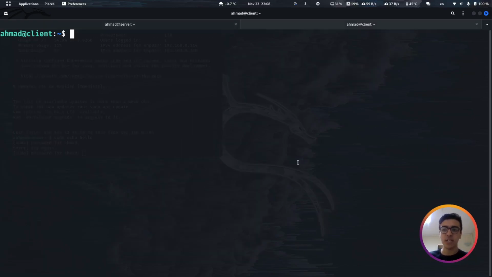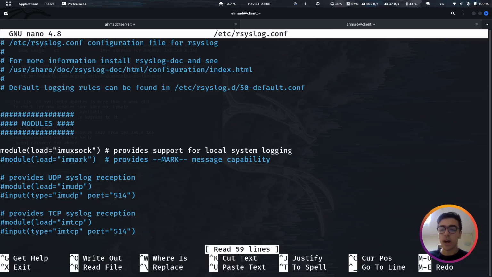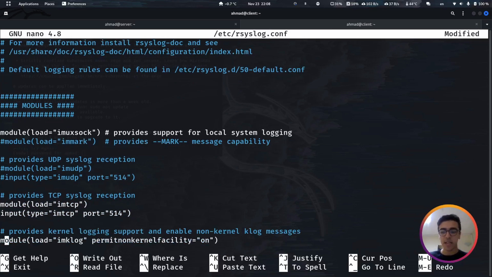So the first thing, let's start with the client machine. So let's open this file, which is at /etc/rsyslog.conf, and hit enter. So what you need to change is first allow the reception of the requests. A server is going to forward some requests to the client machine, and you should be listening to this port to receive these requests. So I'm going to be using TCP right here. You can also enable UDP if you want, but I'm just going to be using the TCP connection only,